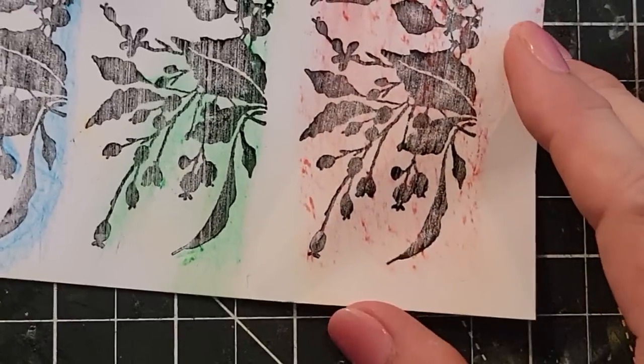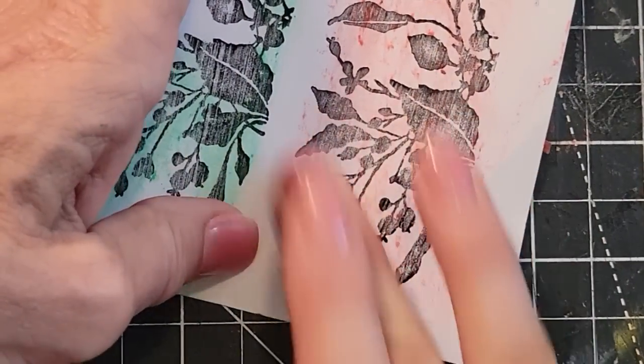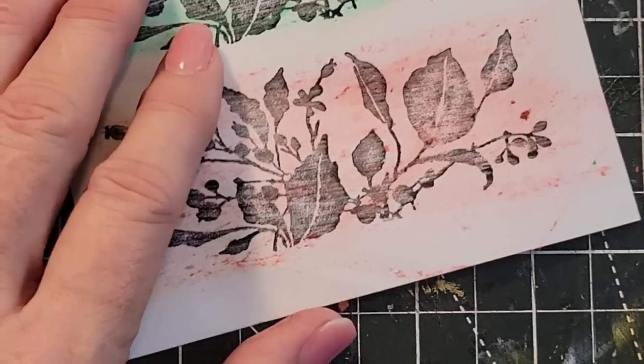Not as good of a smudger. Not as good as the green. No, but we don't know until we get in there and we smudge. As my finger warms up, it's actually on fire right now. My finger's like cooking. Some of the crayon is actually coming right off. Now, but I do have